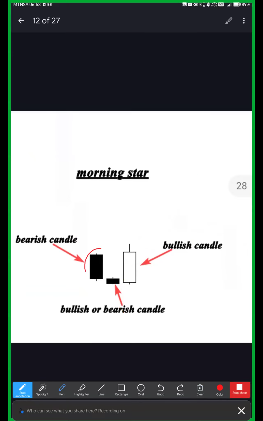So at the bottom of a downtrend, you are going to see a formation of three candles, which consist of 1, 2, 3. Let's go into it. The first candle is a bearish candlestick. Okay, the first candle is a bearish candle. This candle indicates that sellers, can you see the size of the candle? If the market is coming from this side going down, when you see this, it shows you that sellers are still more in the market. Sellers are still in charge in the market.